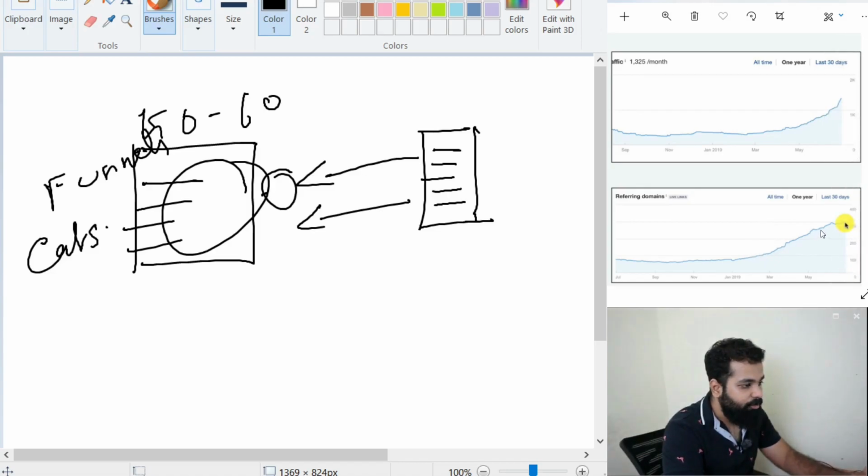And also the referring domains, once he started putting in a lot more articles, the referring domains also started increasing. So both of these are in the same time frame, right? So there's a lot of other websites coming in and referring to his website for content. So once you get these many referring domains, 300, 400 referring domains, then automatically you will start ranking